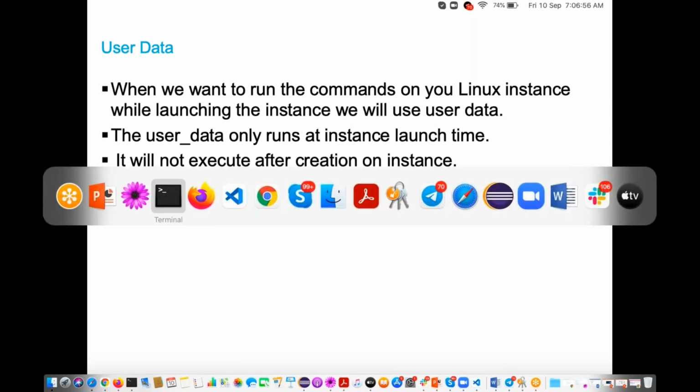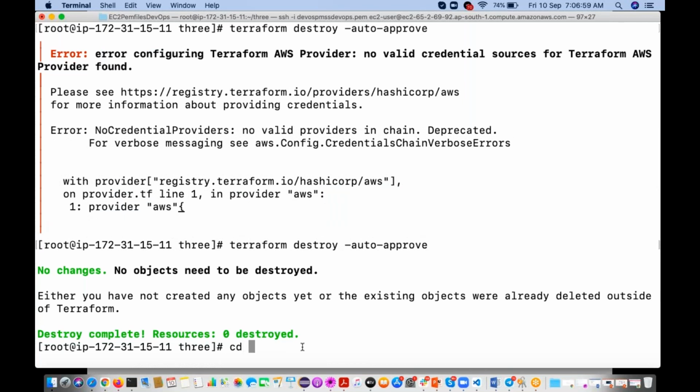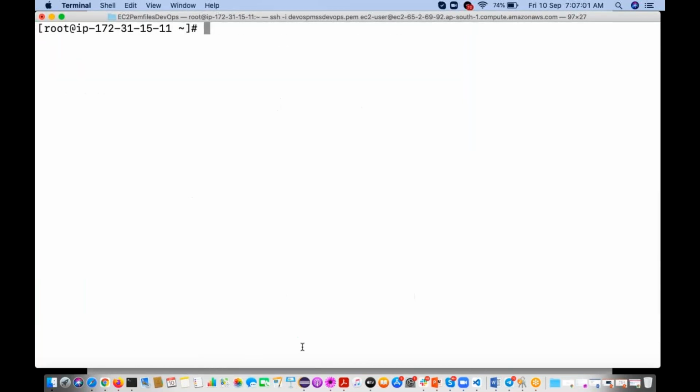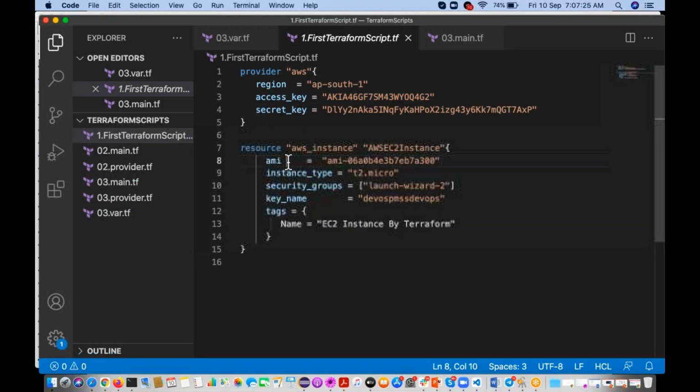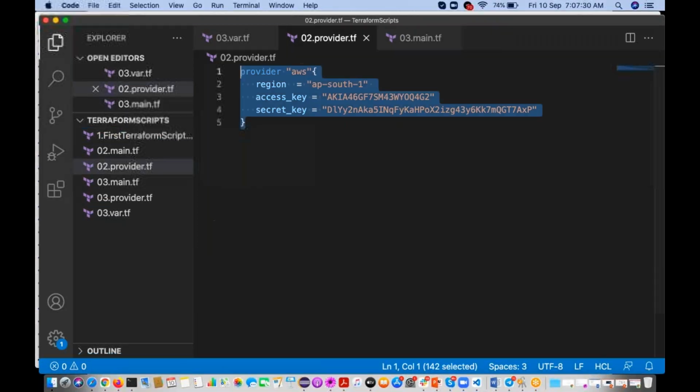Okay, so let me go here. Go back one directory up and create a folder with mkdir, ready 4. Here again create provider.tf. Keep just this one now, without these two, you can use it from now onwards.